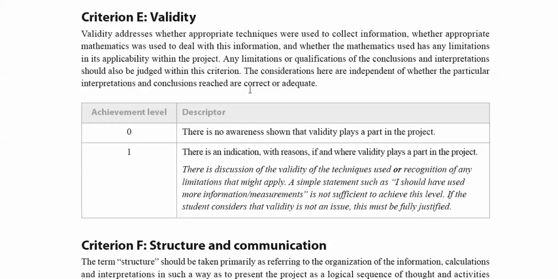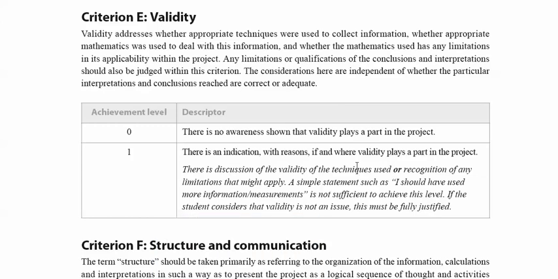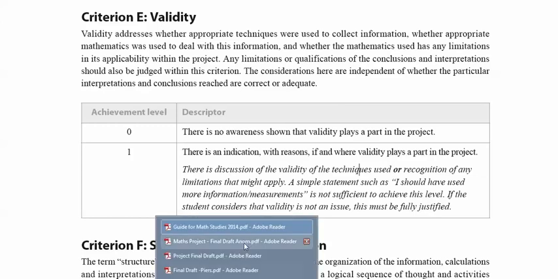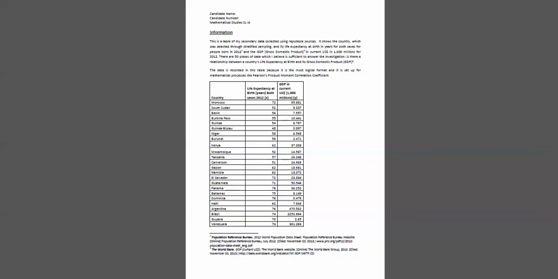It's not good enough to just say something along the lines of, I should have got more data, or I should have done more surveys, or I should have tested it more times. That's not good enough. You need to really think about the limitations of your project. Think about things like the accuracy of your data. I'll give you an example of something you could discuss. Maybe you could discuss this with your teacher, because I'm not the best at this, but for example, if you look at this student's data,